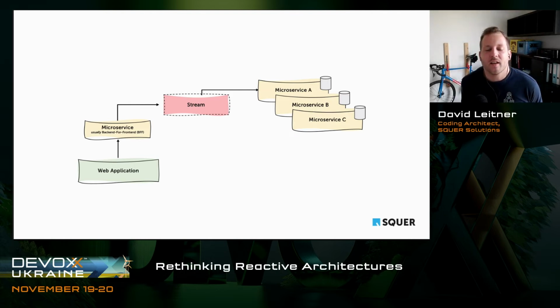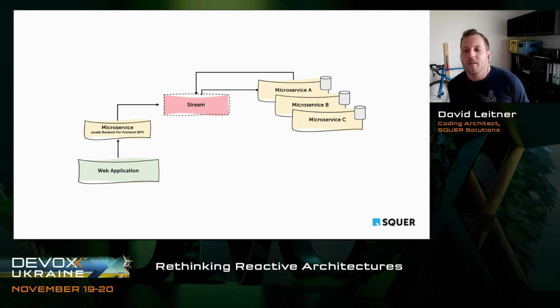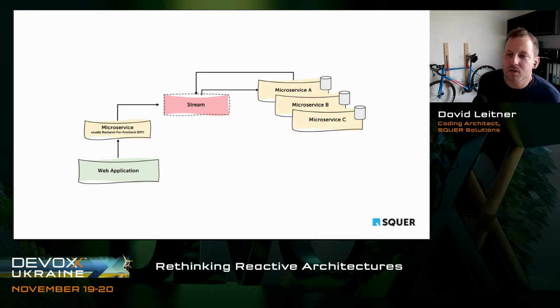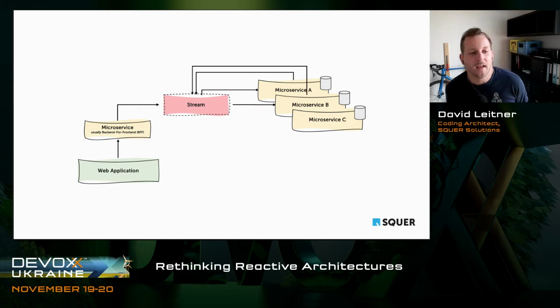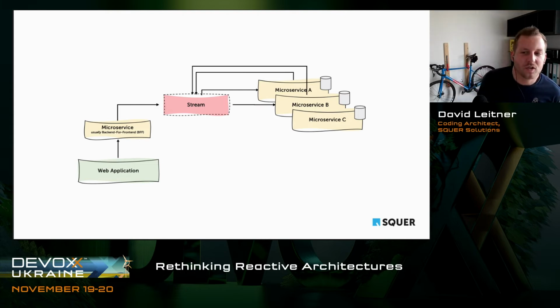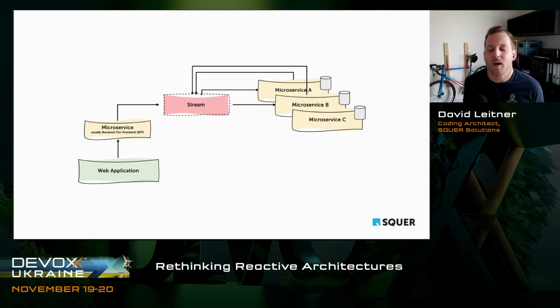Let's send another event back that the user can be created. And then Microservice B, maybe the user service, consumes this event, says, okay, I created the user now, and sends back an event, user created, right? Microservice C is maybe the email notification service, right? It subscribes to this event, says, okay, cool, I will send out an email, and basically the whole customer journey is done, right?